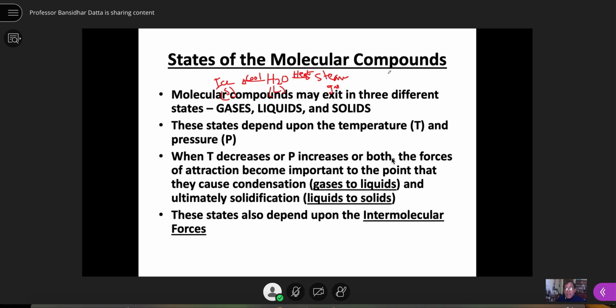But carbon dioxide, for example, as the gentleman told me very nicely, CO2 is always a gas. It can be converted only into dry ice. Dry ice is routinely used in movie theaters and productions. Why? As you heat dry ice up, it is converted to carbon dioxide gas, and it looks